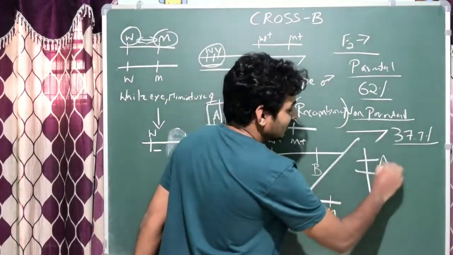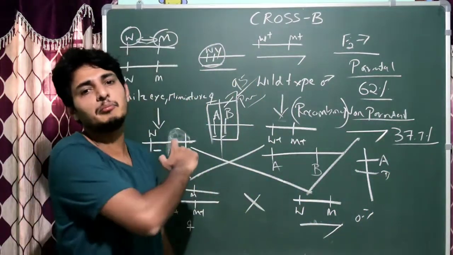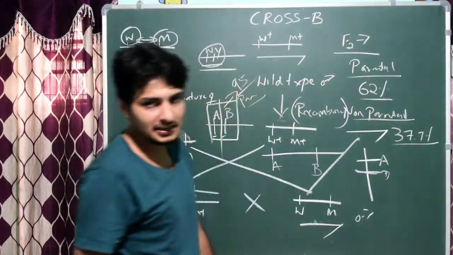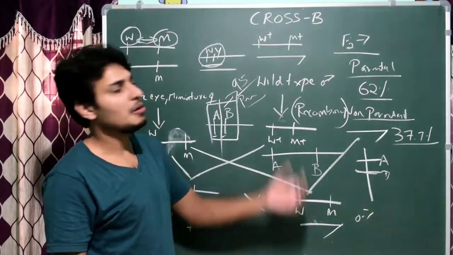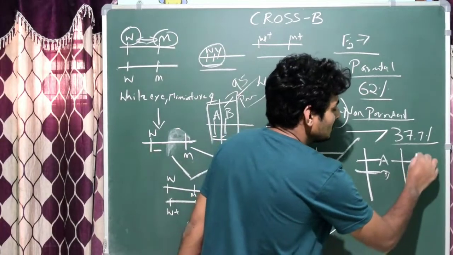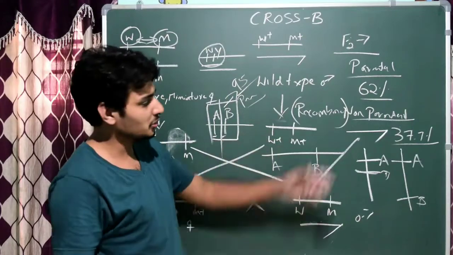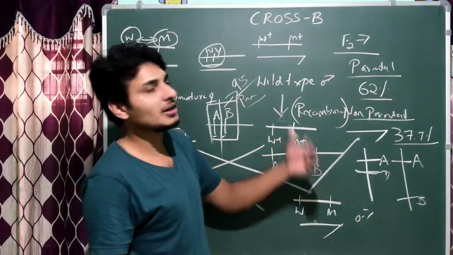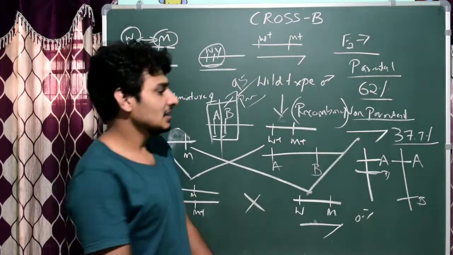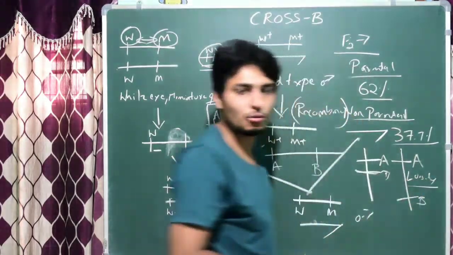Same linkage: there are two types of linkage. One is complete linkage, the other is incomplete linkage. Complete linkage means when two different genes are tightly linked, you get a high number of parental type in the F2 generation. Incomplete linkage means the two genes are situated far away from each other, there is a greater distance between A and B, so you get more recombinants in the F2 generation. That is, there is a high possibility of crossing over, that is, the A and B genes are loosely linked. They are linked. Hope you understood the meaning.